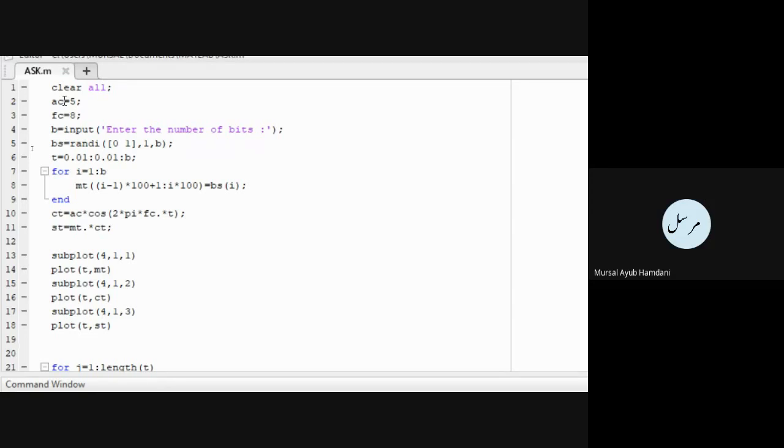Okay. Now the fifth line of this code is BS equal to randi, integer, 0 1 comma 1 comma B. Okay. So what this code means is we'll be generating the code for values 0 and 1. Values will be only 0 and 1. The value will be only the two integers 0 and 1. It can't be 0.5 because it is an integer here. Okay. But how long will it be? It will be 1 comma B, 1 row and B columns.